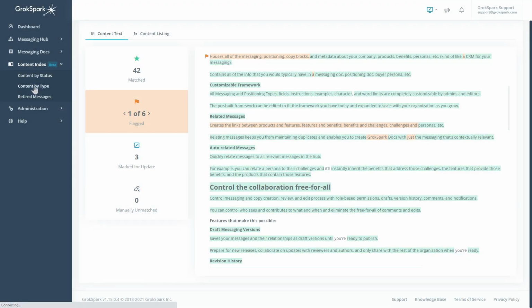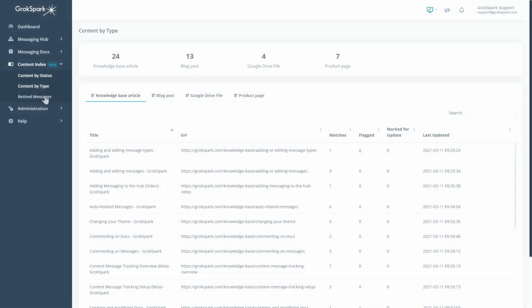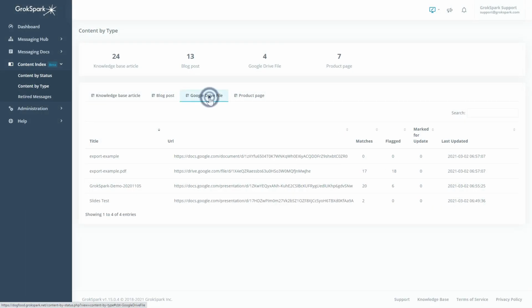In the content by type page, I can see the same content but arranged by type instead of status. Again, clicking on any of the listings will provide the same experience as it does when clicking on from the content by status page. Last in this section is the retired messages list, which is where I can upload a